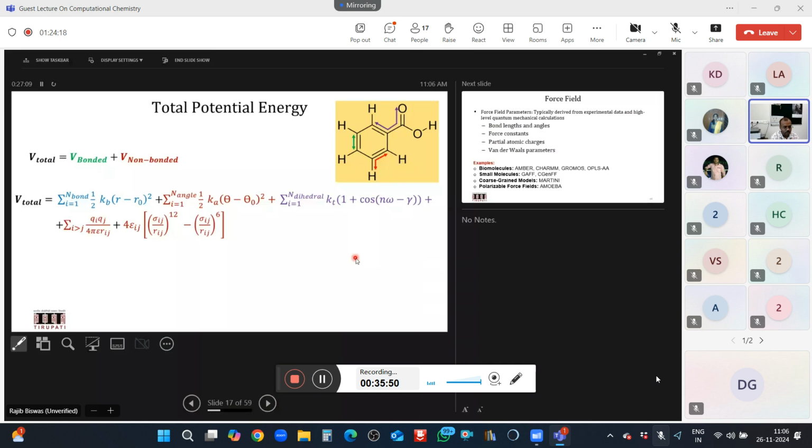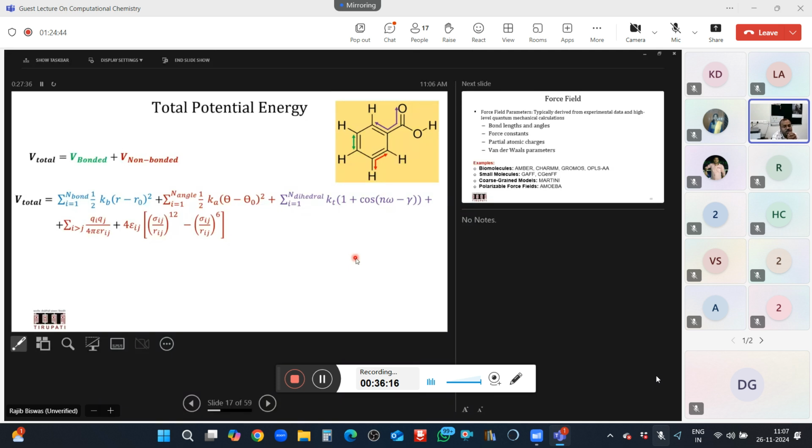Intermolecular is non-bonded, and intramolecular is bonded. You just add them because energy contribution is additive, and that will give you the total potential energy. So this is not your true total Hamiltonian. Hamiltonian has both the kinetic energy part as well as the potential energy part. But this potential energy will be handy because